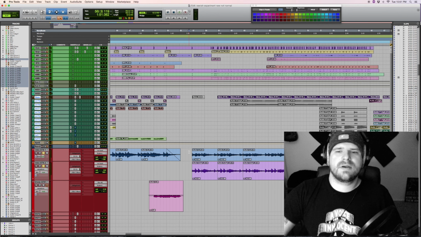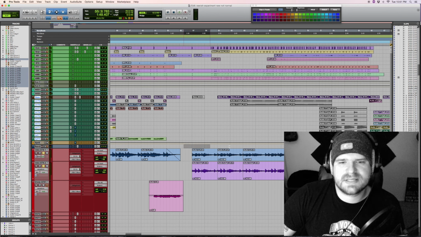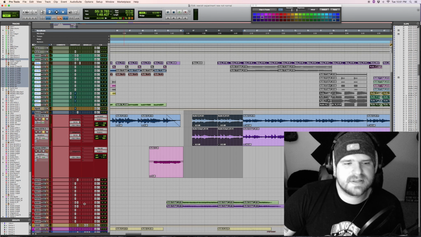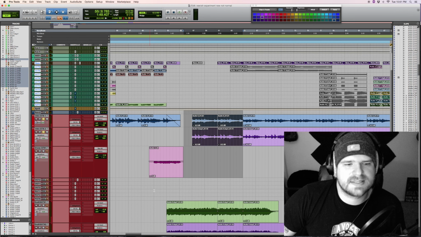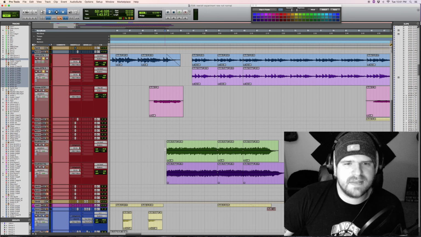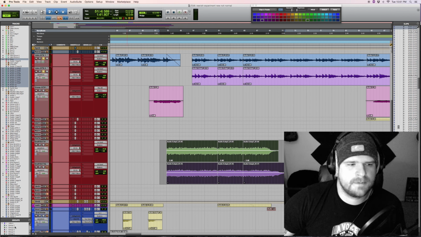But what I did here, again, this still qualifies as the middle break section before the second verse. What I did, though, is when the first verse ended, I wanted to add this kind of epic-y guitar sound. And this is it right in this section right here.